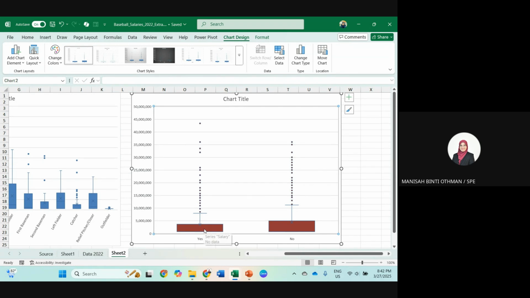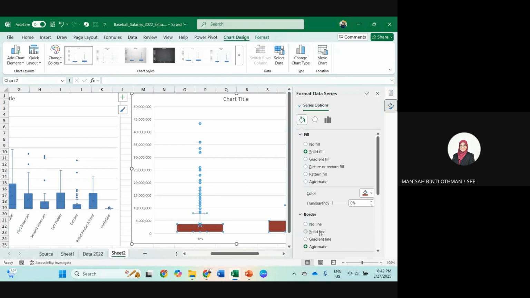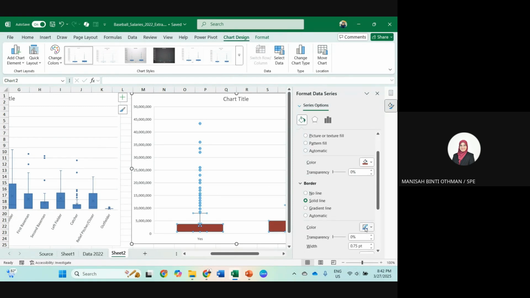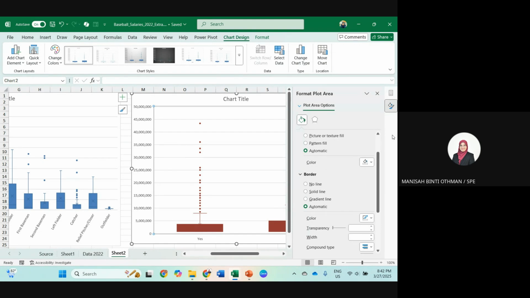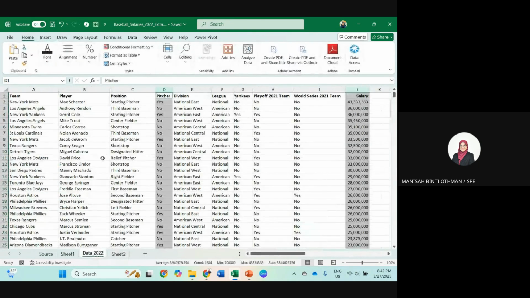Now red with the blue color, then you can add a line, border. Change the border to red as well. So if you want to put different colors, you can display other variables as well, with position, but you cannot put players. You have 800 players, then we get 800 different colors, which cannot work. So make sure that it is in a category.